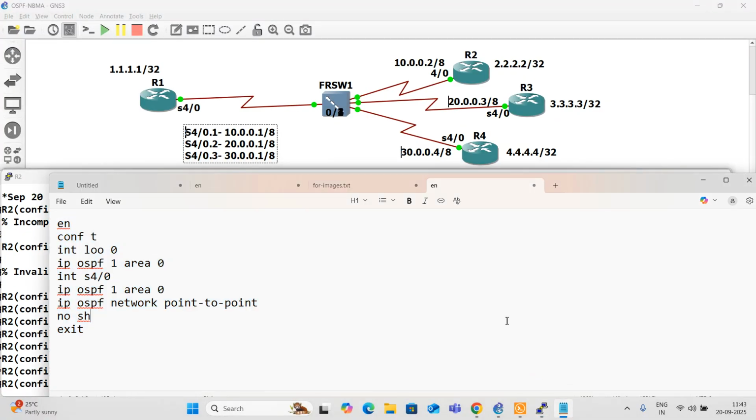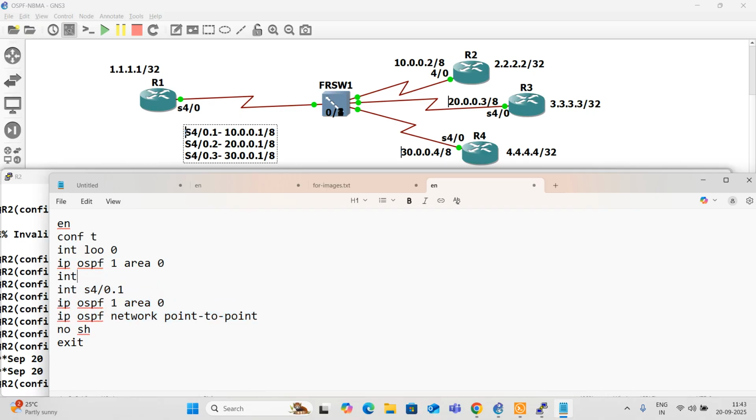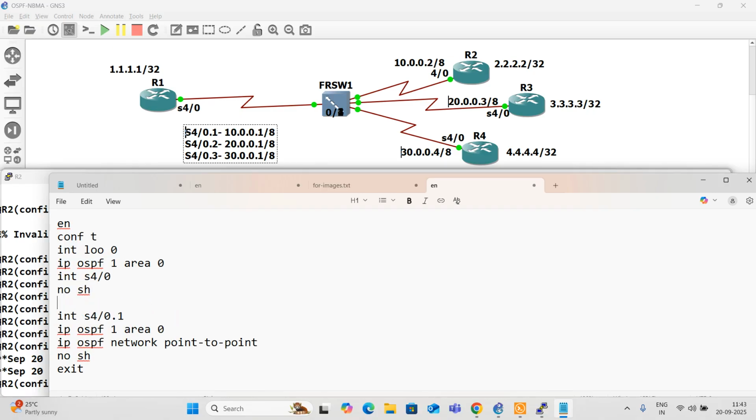Now on the router 1 we have sub-interface. Okay, so this is going to be repeated 3 times, 2 more times.